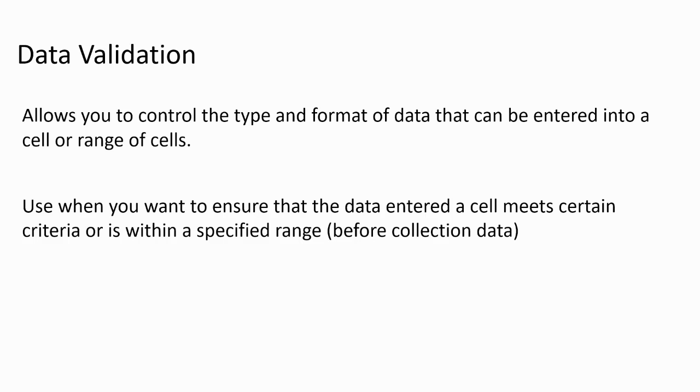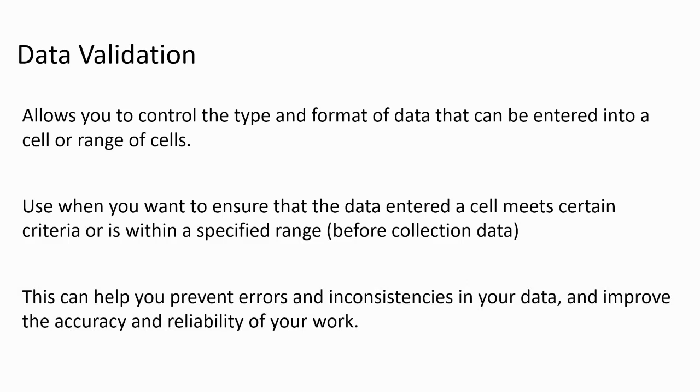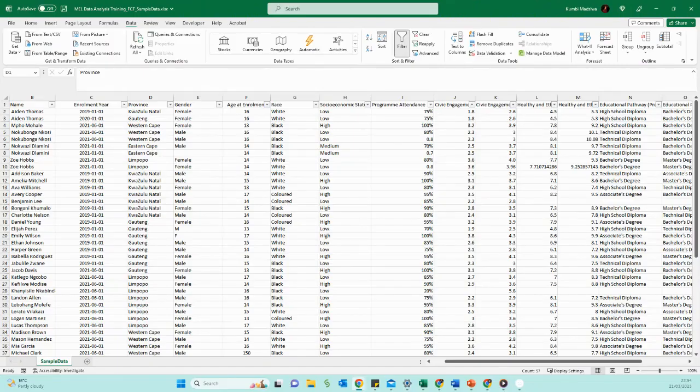The data validation function can come in handy where you want to be upfront about the data type you expect in a specific field. This ultimately helps you prevent errors and inconsistencies in your data and improve the accuracy and reliability of your work. The validation function is especially handy where one has an idea of the range of values that can be captured